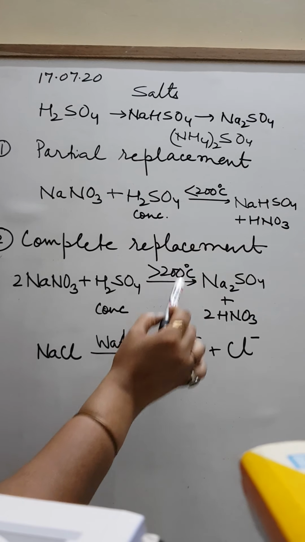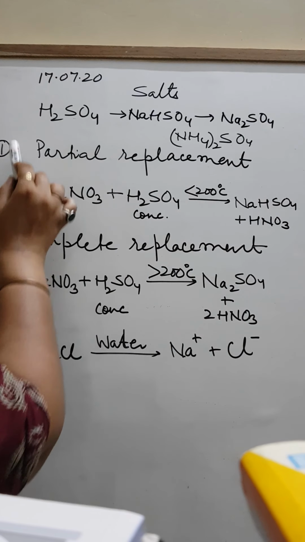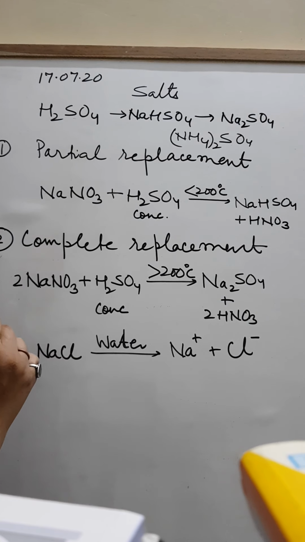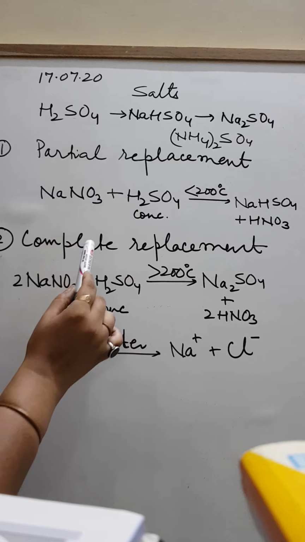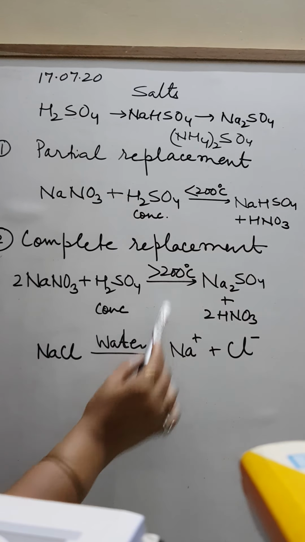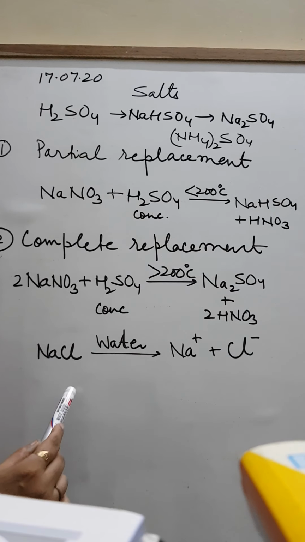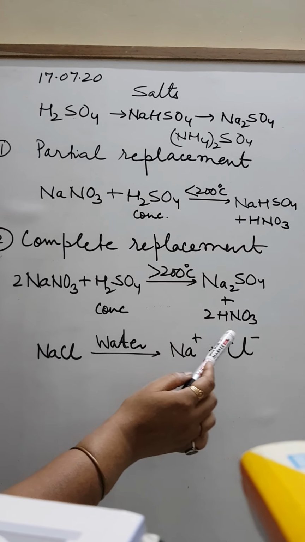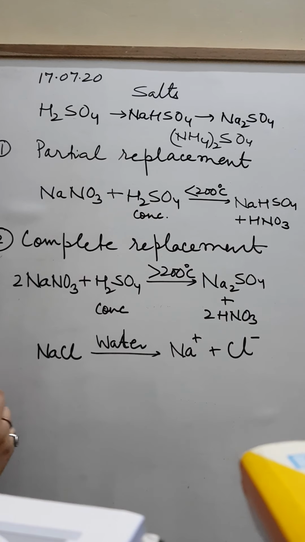This reaction, because with conditions, that's why they have taken this as an example, and even I have preferred to take this as an example, because this is often asked: what happens when NaNO3 reacts with concentrated sulfuric acid at temperature below 200? You get this. Above 200, you get this. Here we are trying to see this is partial replacement, and here it is complete replacement of ionizable H of an acid. So children, this is how we got salt.